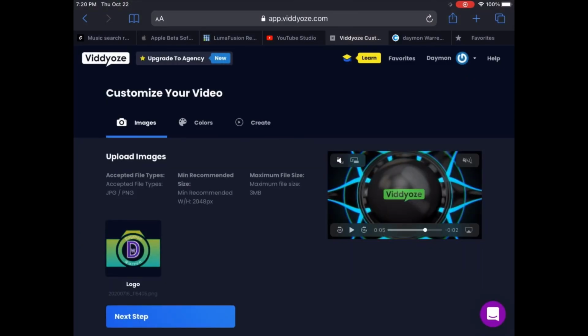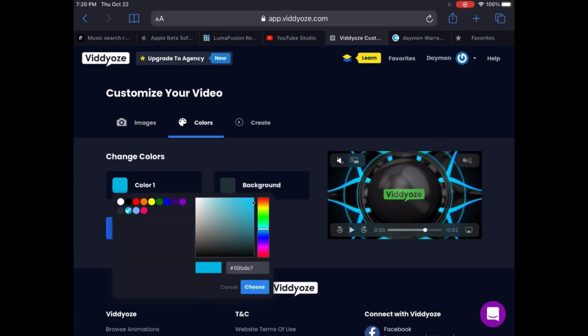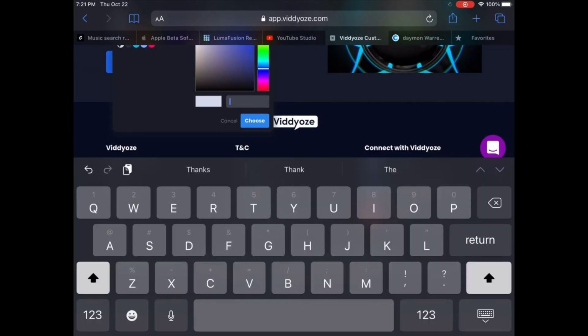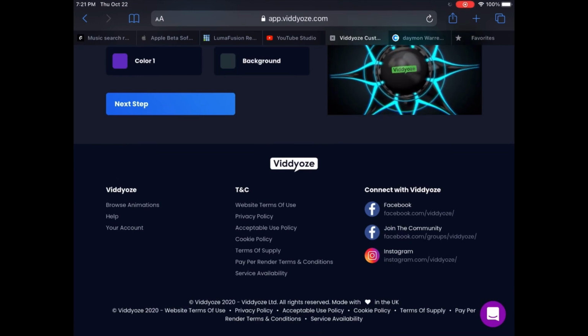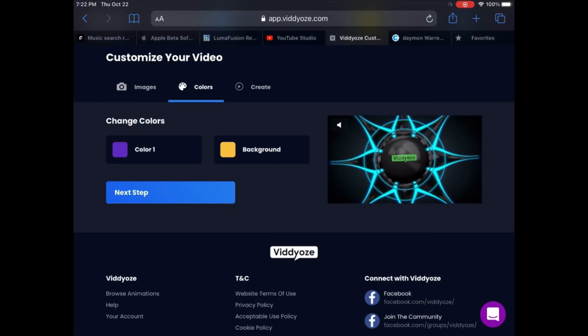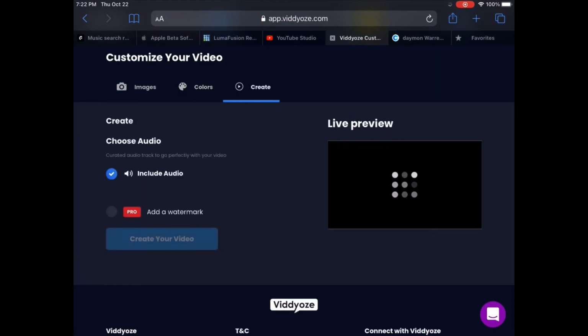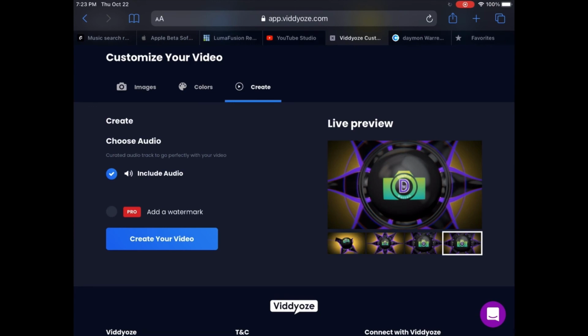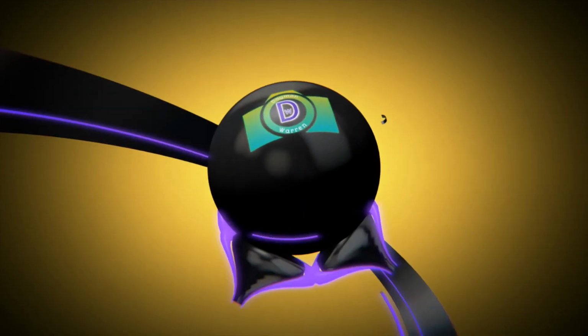If I go into VidiZone and I go into colors, and if I hit down here at the bottom, there's kind of like a code right there. Tap where the hex code is, paste in that hex code, choose. I get the exact same color that I have. So I now have this consistency in my branding. Make sure you hit choose. So I got purple and this yellow. Next step. So I use Coolors to keep my palette and my branding colors. There you go.